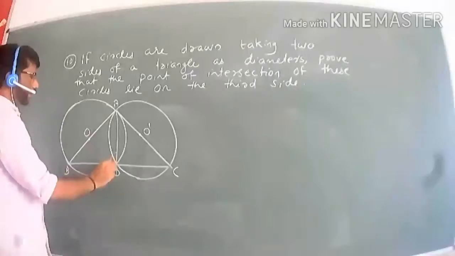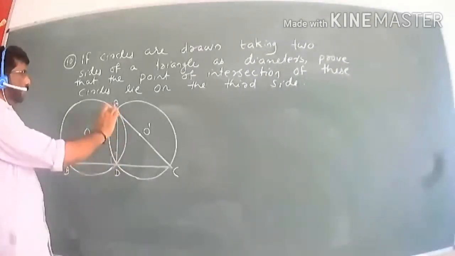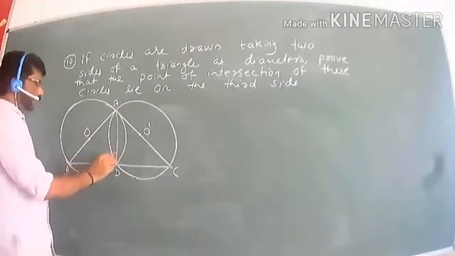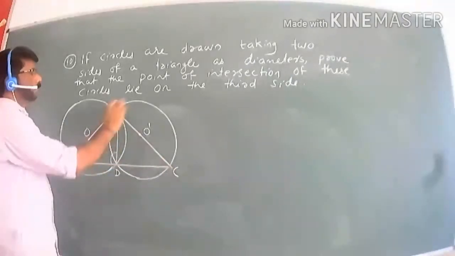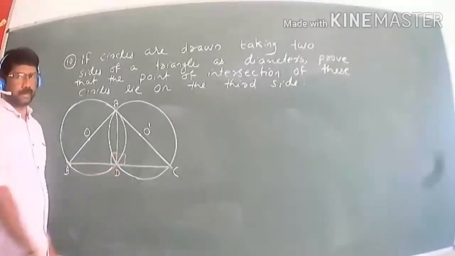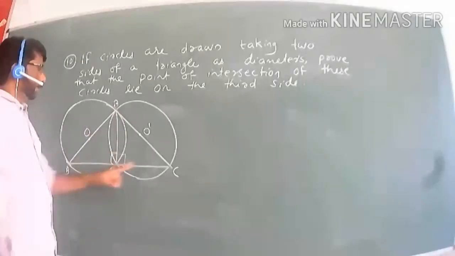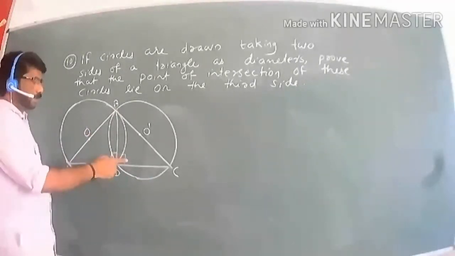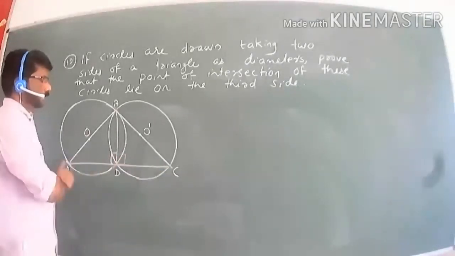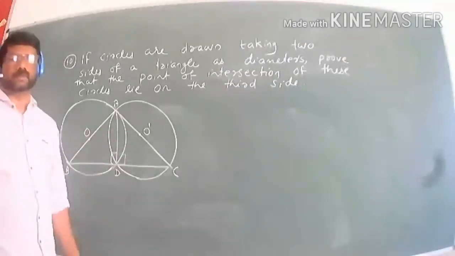You know the triangle ADB, because AB is a diameter, so ADB is a semicircle. What is the angle in a semicircle? Angle in a semicircle is 90 degrees. So angle ADB equal to 90 degree. Similarly, AC is a diameter of the other circle. So here also angle ADC is 90 degree. So if you add the measure of angle ADB plus the measure of angle ADC, you will get 90 plus 90 equal to 180 degree. 180 degree means it is a straight angle. So BDC is a straight line, or the point D lies on the side BC. So that is the proof.